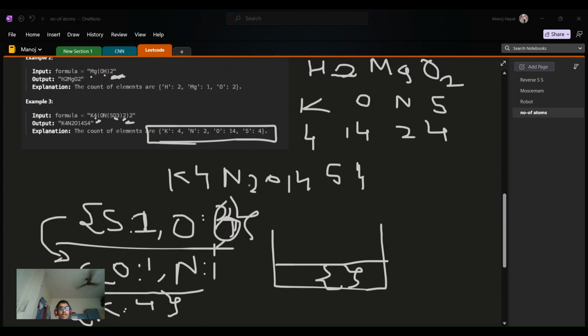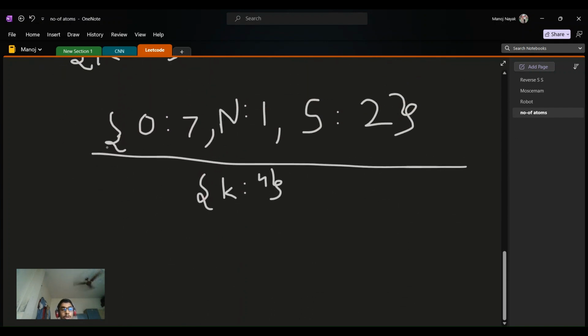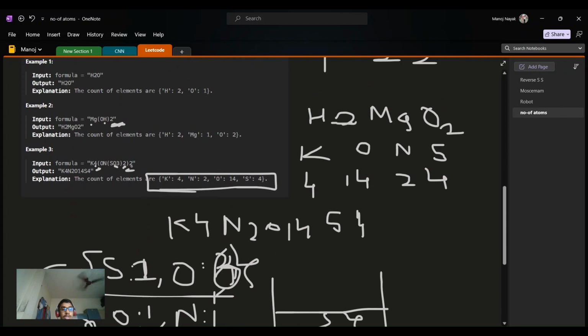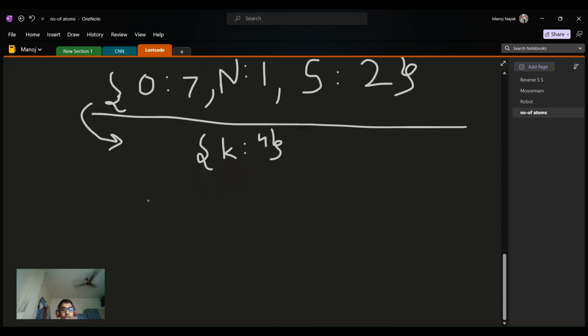So now here we will see that it's 2, so it's one, it's closed, and we are getting another parenthesis here. Okay, here we had another parenthesis, so we have to merge this 2 with this. Okay, but there is 2 outside, so we will just multiply this with 2. So after multiplying with 2, it will be like O is 14,